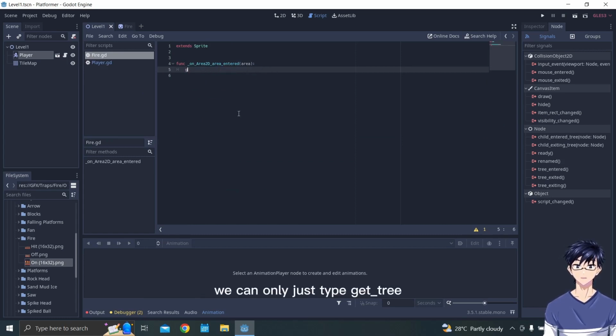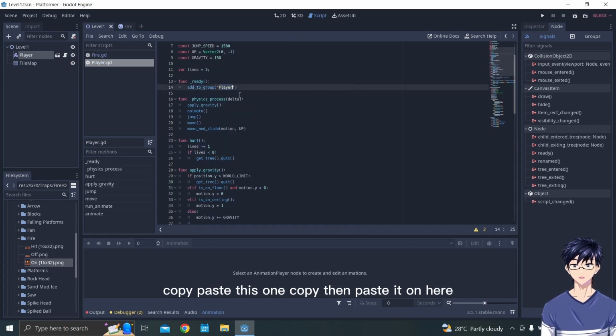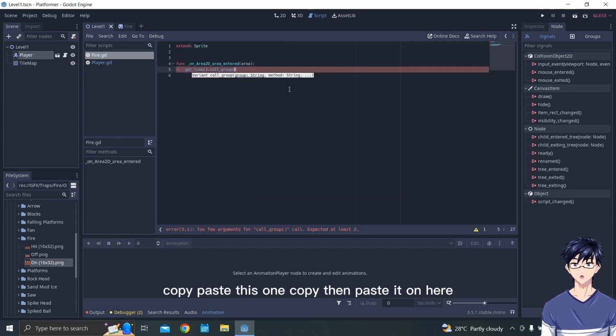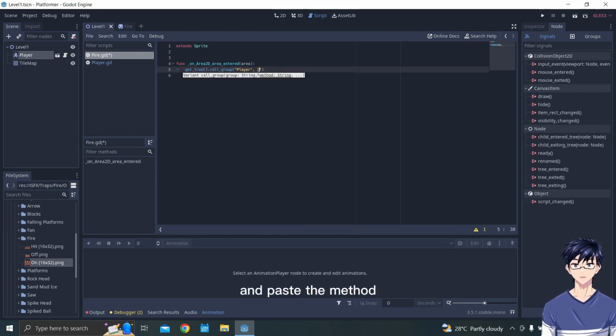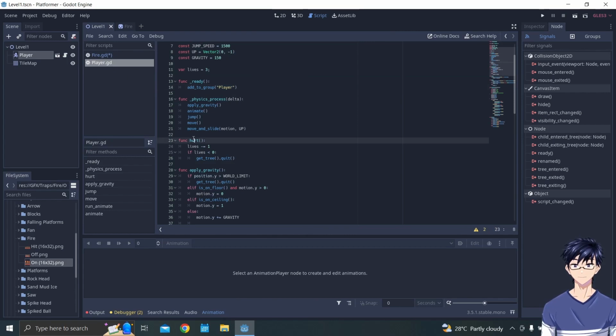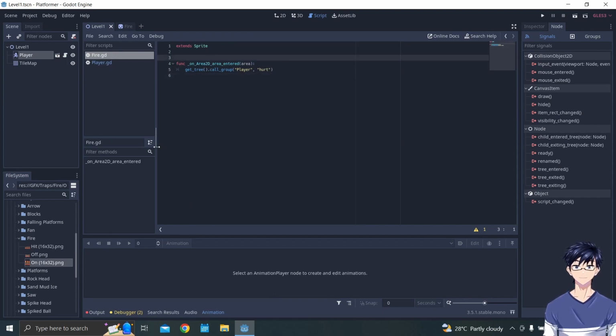Okay, how can we invoke this function in this fire script? We can just type get_tree().call_group, copy, then paste it in here. All right, comma, and paste the method, this method, Control C, Control V. All right, and then